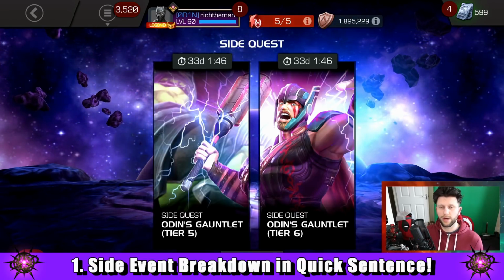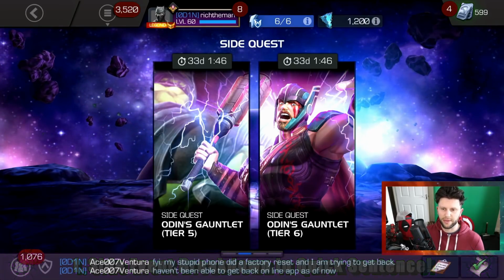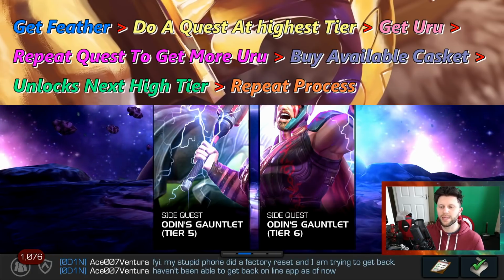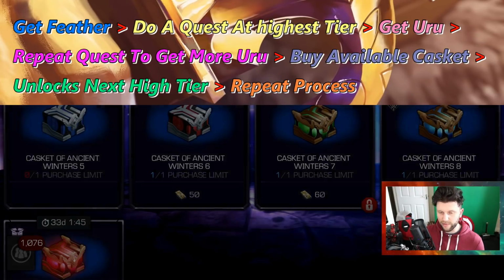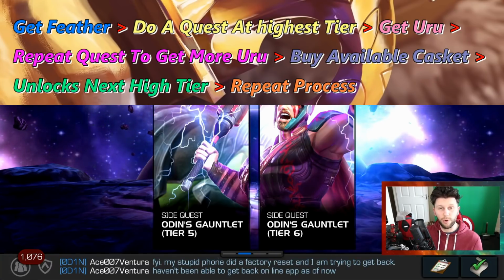Starting off with the side quest. If you don't know, I've put a process which will be on screen now, and let's just narrow it down to this. Get Feather. Do quest at highest tier. Get Uru. Repeat quest to get more Uru. Buy available Casket, which will have a non-lock on it and will be the next one available you can buy, which unlocks a next high tier,